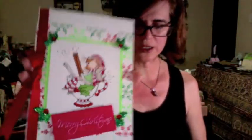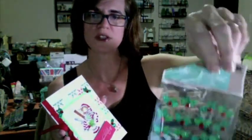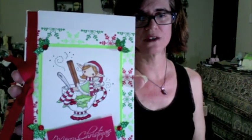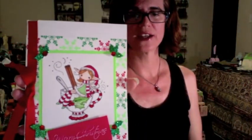Those little hollies on the corners are from one of the few sets that I found last year for embellishments, and this is a Jolie Boutique. And I start using those. So yeah, I'm using my things. And then I just added a little cross grain ribbon on with a knot and a fishtail end to add that little extra accent. The paper goes all the way around like that, and then on the inside I stamped